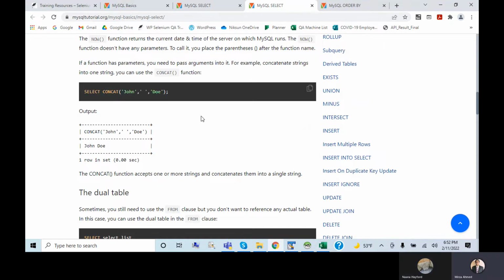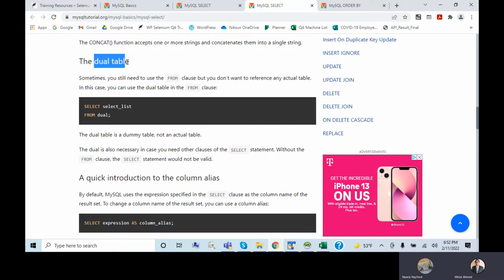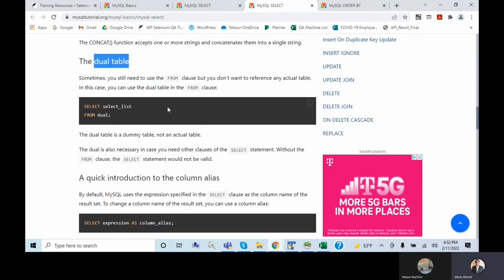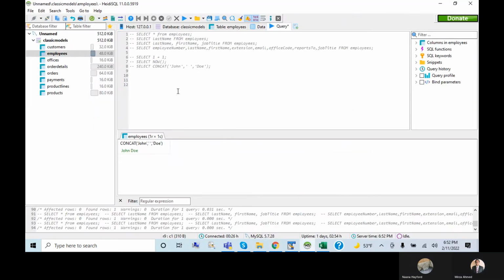So that is the function of concat. There is a table called the dual table. What that does is, let me run this example. So let's say you want to add two numbers and you want to store that